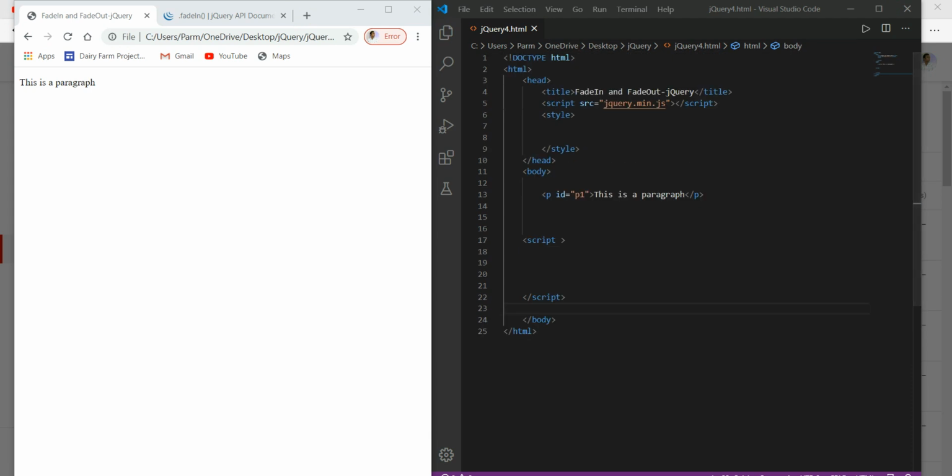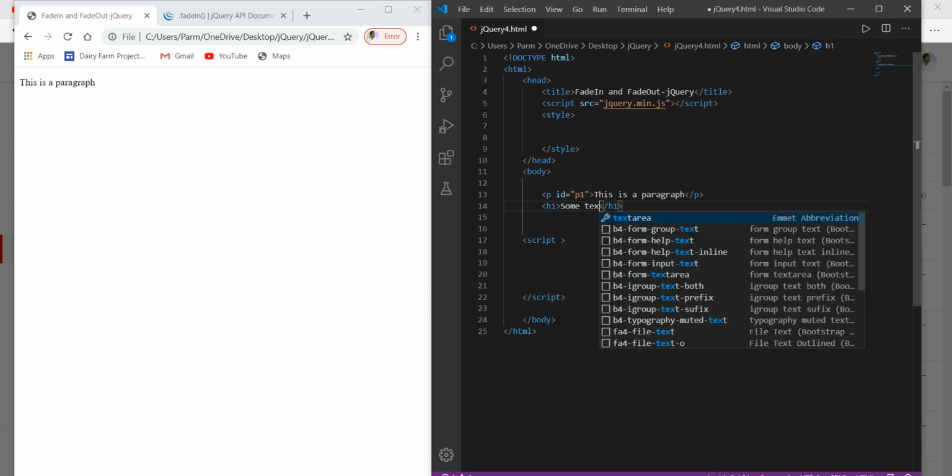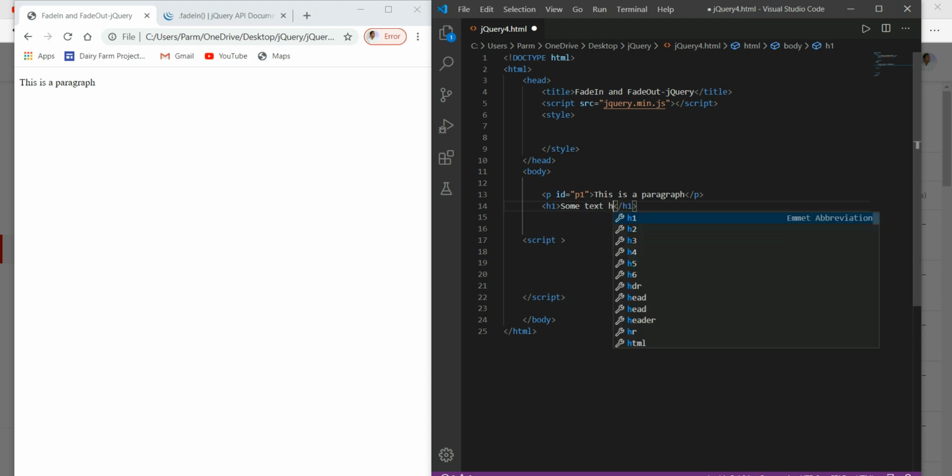I have to create a button. If I click on this button, it will fade out, meaning it will make the text I have on my browser screen disappear. And I need to have some header element along with that, so I will declare here say h1, and to this I will write some text here.